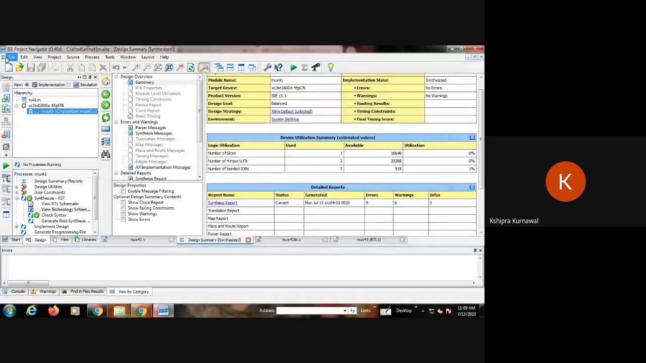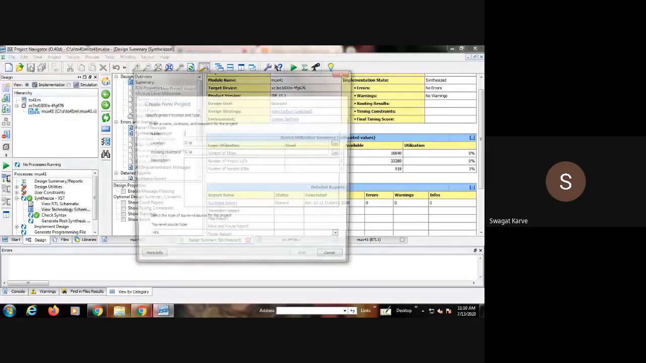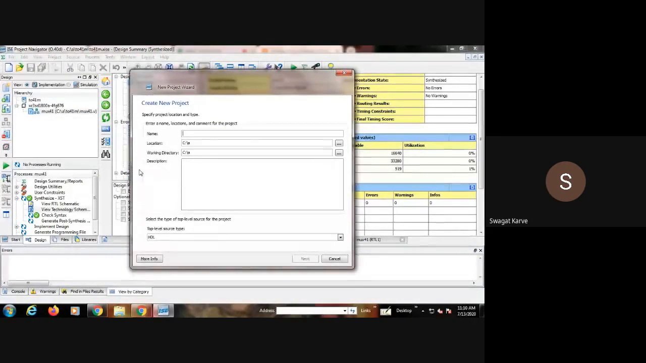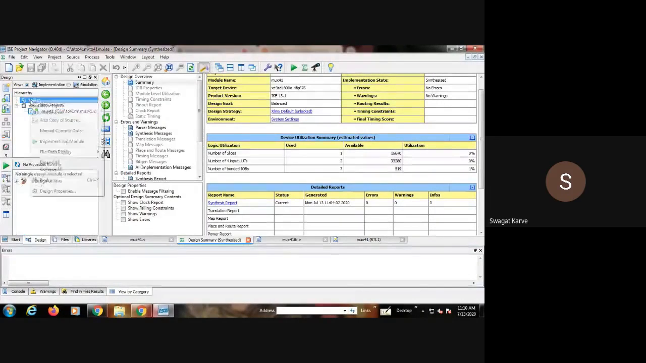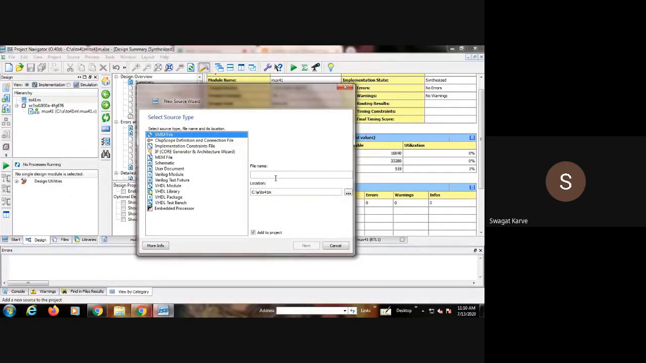File, new. Okay, file, then new project, or we already have selected this file. We can add a new source in this same file, no problem. Okay, so directly we can add this new source. Okay, then